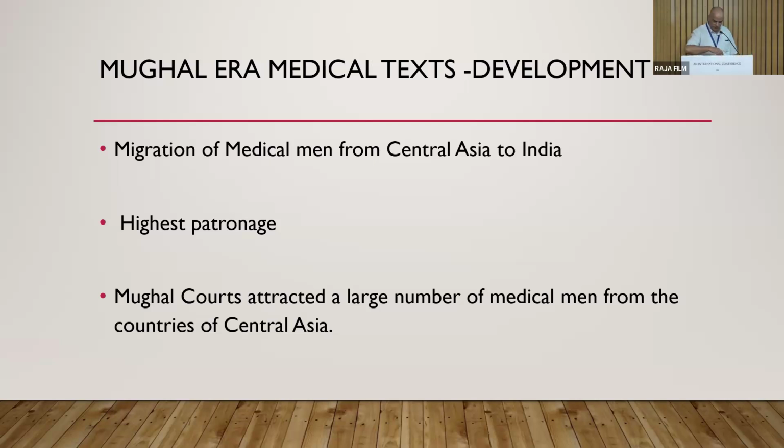In the Mughal era, two important things. One was the migration of medical men, though it started before the Mughal period, during the Sultanate period. And even before that, when there were Mongol invasions, people migrated to India. During the Mughal period, they received the highest patronage. They were given many titles. Even some became governors, some physicians, some even became ambassadors. They were given titles like Panch Hazari, the command of cavalry of 5,000 people, 5,000 horses. And many came to the Mughal court for lucrative